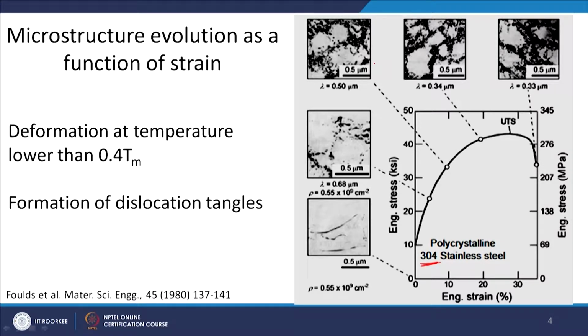So these dislocations are rearranging, they are tangling with each other, they are interacting with each other, and they are forming this kind of small cells, and you can see a very thick boundary of these dislocations. This is what you will usually see in case of low temperature deformation: dislocation generation takes place, and then they tangle and make this kind of cell, and these are cell walls.